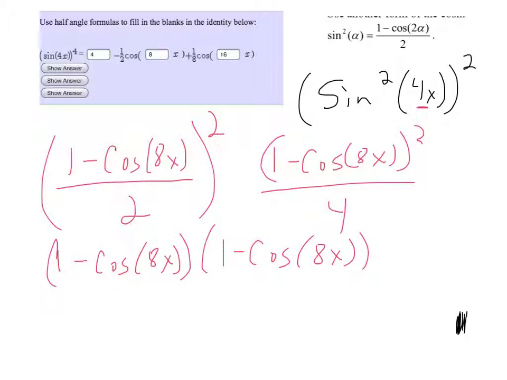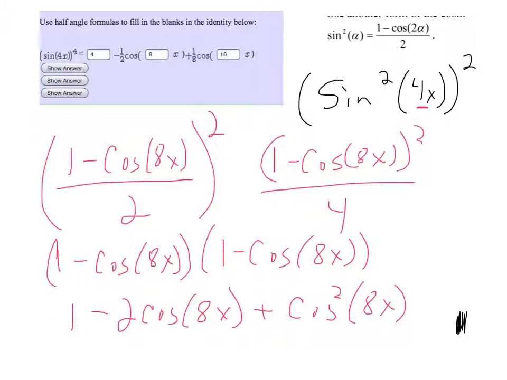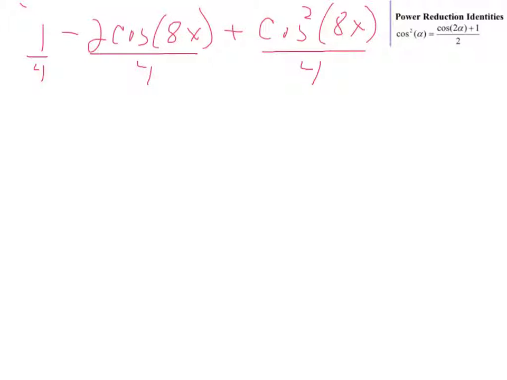Well, if I FOIL that out, I'm going to get 1 minus 2 cosine of 8x plus the cosine squared of 8x. And remember, this is all over 4. So since it is all over 4, I can break it out this way, which gives me 1/4 minus 1/2 cosine 8x